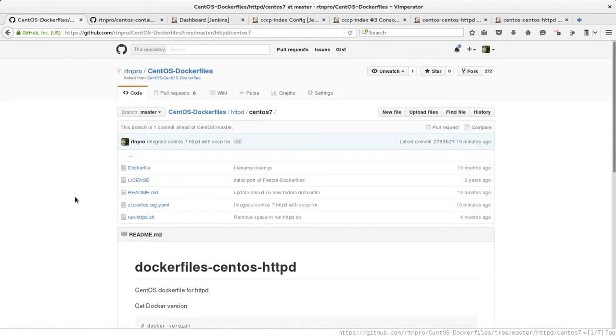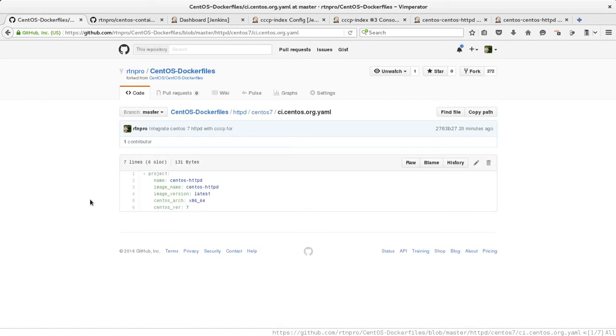All I need to do is put a file named ci.centos.org.yaml containing the metadata to be used to build the container image. Among other data, I have specified the name of the image to build and the version of the image to be built. Once the changes are done and I have committed my changes to my repository,